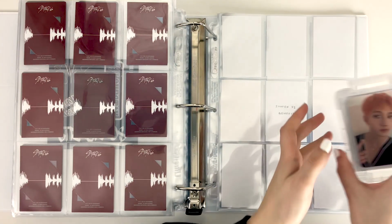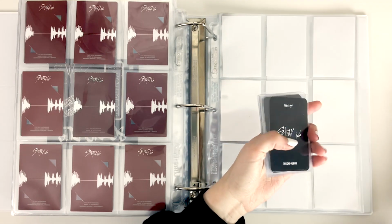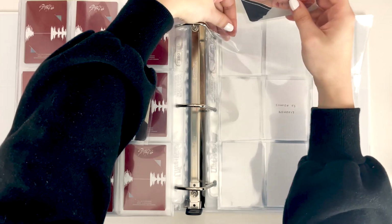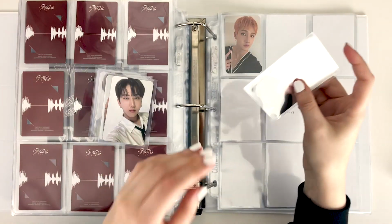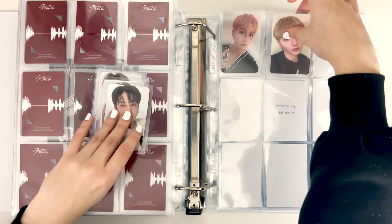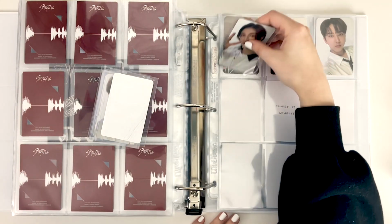One that I did initially set up for and that I did complete was Apple Music. That is a store that I had ordered from with my original albums, so I already had a good chunk of the members come that way, and then I just needed to find a few more. And I feel like these are the lesser expensive pre-orders, so they were fairly easy to get my hands on, except for Hyunjin, of course, which kind of goes into a rant